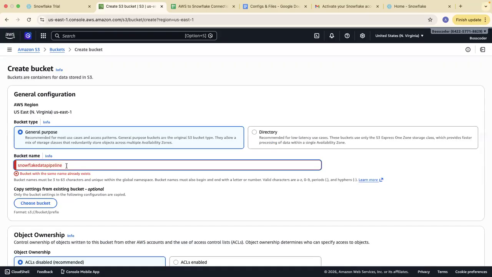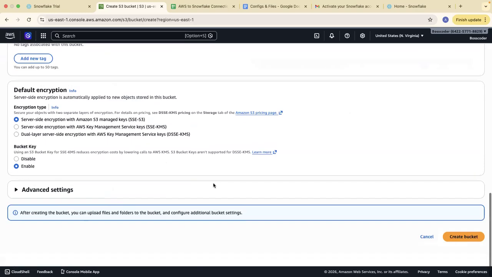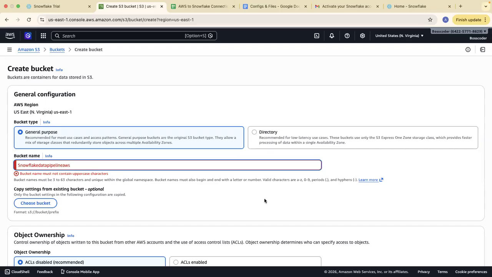Okay, so this name already exists, so I will write a different name, Snowflake Data Pipeline AWS, and click on create bucket.